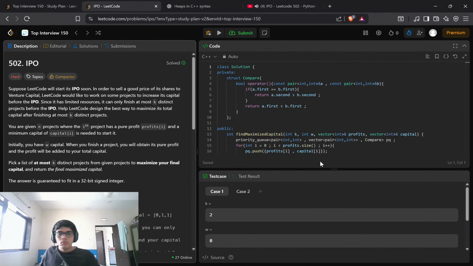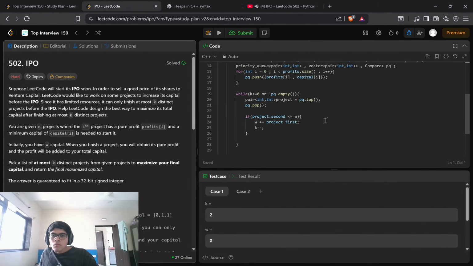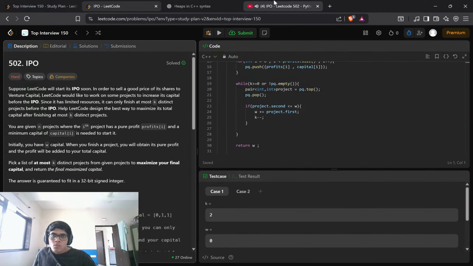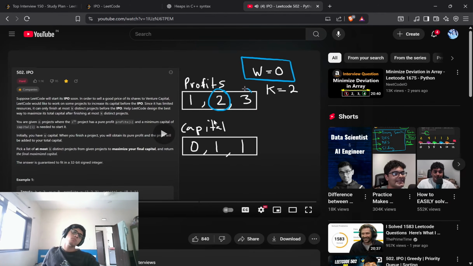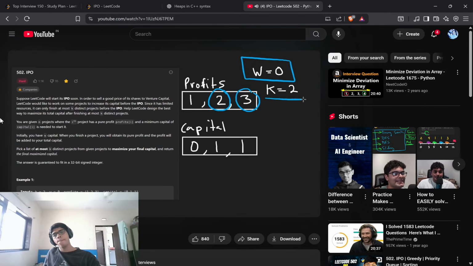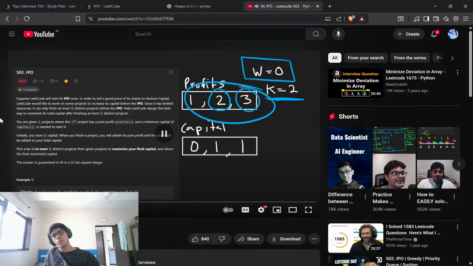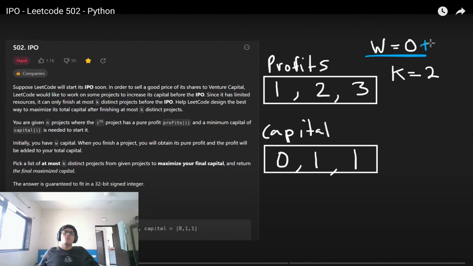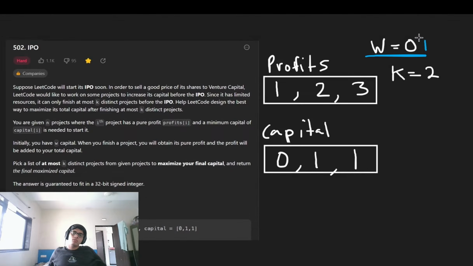Our goal is to maximize the amount of money, aka capital, that we have at the end. Initially we have 0. So what we would like to do is take some of the profits. So maybe we take 2 and we take 3. We can only take up to k of these values. And when we take them, we mean add them to our total capital. So if we start with 0, we add 2 to it, we add 3 to it, we end up with 5. So that's good. The only catch is that we can only take